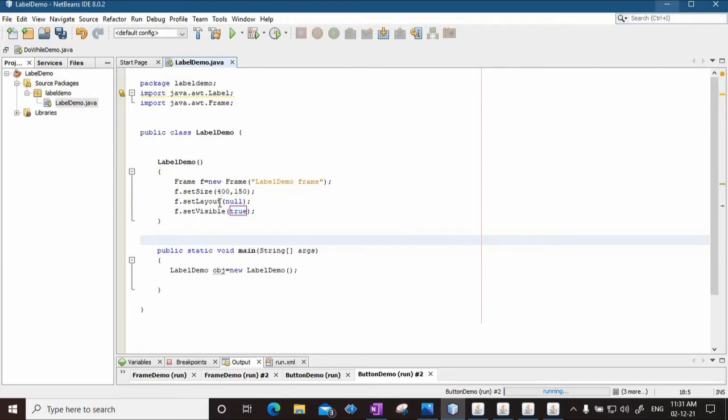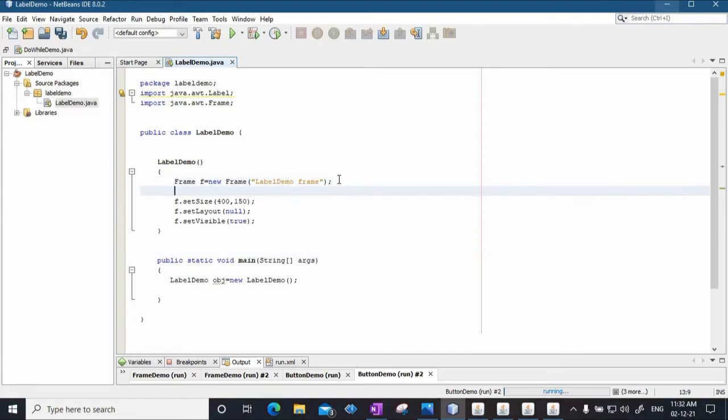Now within this frame we are going to add labels. Just after creating a new frame, I will create, let's say, two labels. I'll say Label L1 equal to new Label, and the name of the label is my first label.